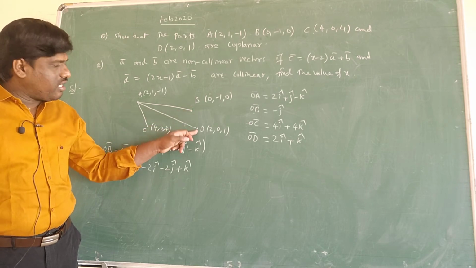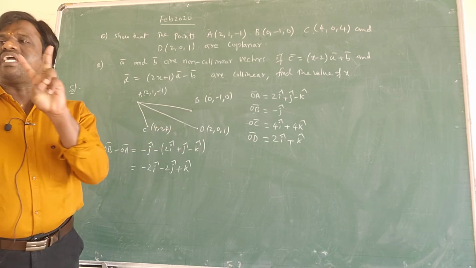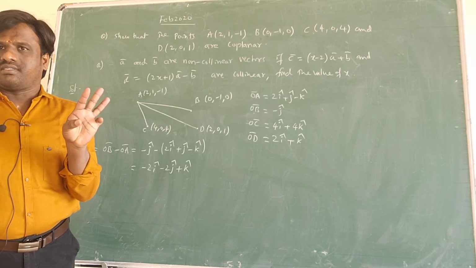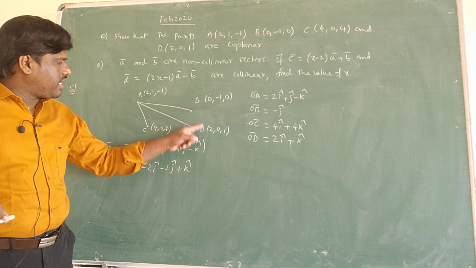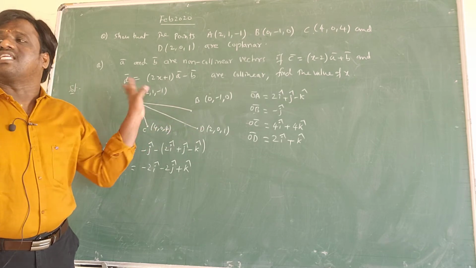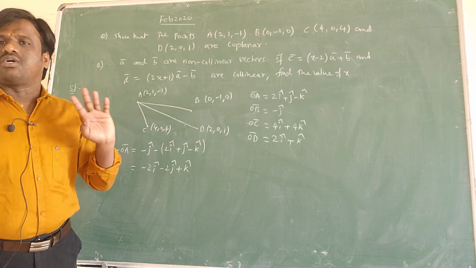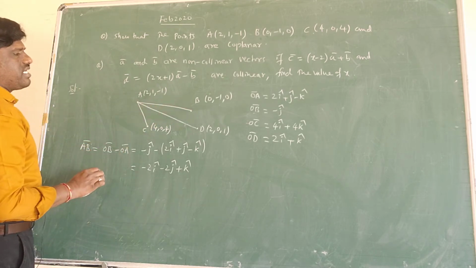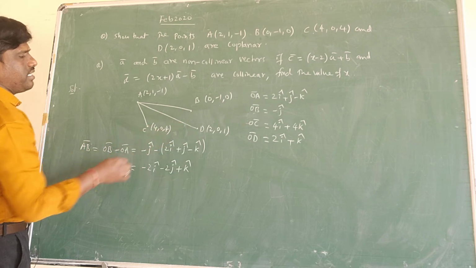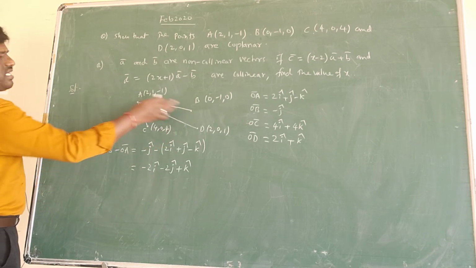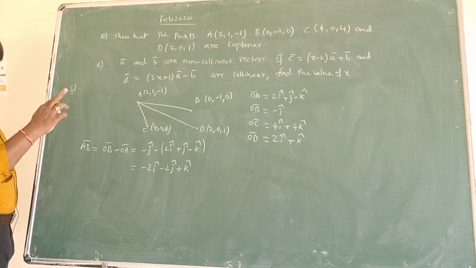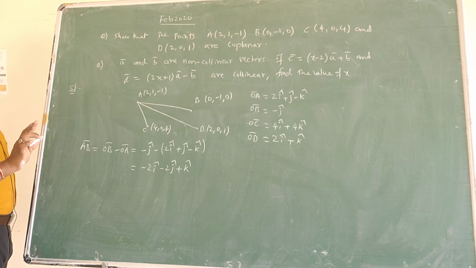Now you can take BD also, you can take CD also. You have to take any 3 vectors. Join any 3 points and you get 3 vectors. You take AB, BD, CD, AC, anything you take; it's not a matter at all. If you take AB, now I will take either BD or AD. You can take it randomly. Can I take AB, BC, CD or AB, AD, AC?